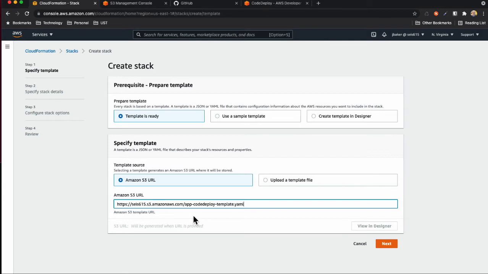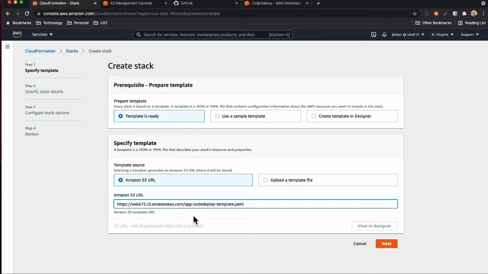This is a template that will create a stack that contains a number of different components. It will deploy a stack that has a VPC with a subnet and a set of web servers and an elastic load balancer. And it will also deploy